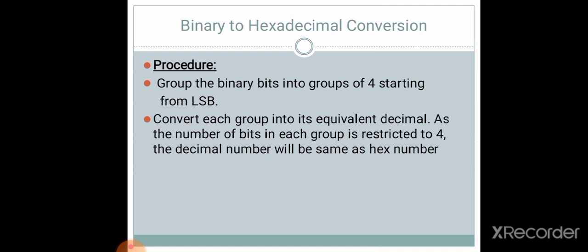It is like octal conversion, but in case of hexadecimal, we'll make groups of 4-bit binary instead of 3. In the previous conversion, from binary to octal, we made groups of 3-bit binary from right hand side to left hand side. Now in binary to hexadecimal conversion, we'll make groups of 4-bit binary from right hand side to left hand side. Now let us see how to do this.